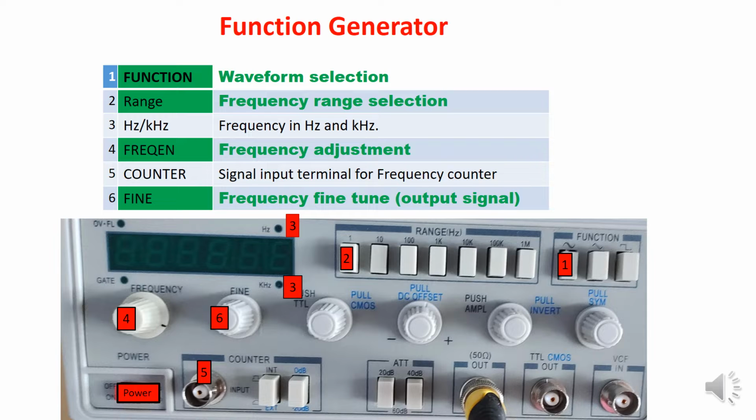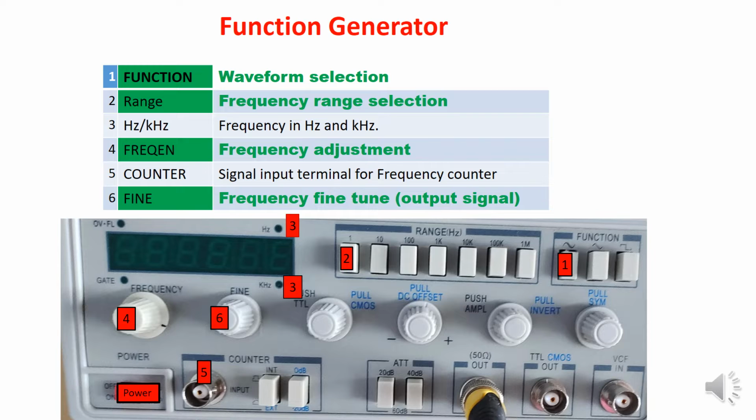That is basically the green portion. This is function generator number one. Waveform selection you can have from there, like I have used the sinusoidal. Then, number two, if you want to change the frequency, we have to choose the range of frequency. It can be 1, 10, 100, 1K, 10K, and so on. In this way we can pick the range of frequency.